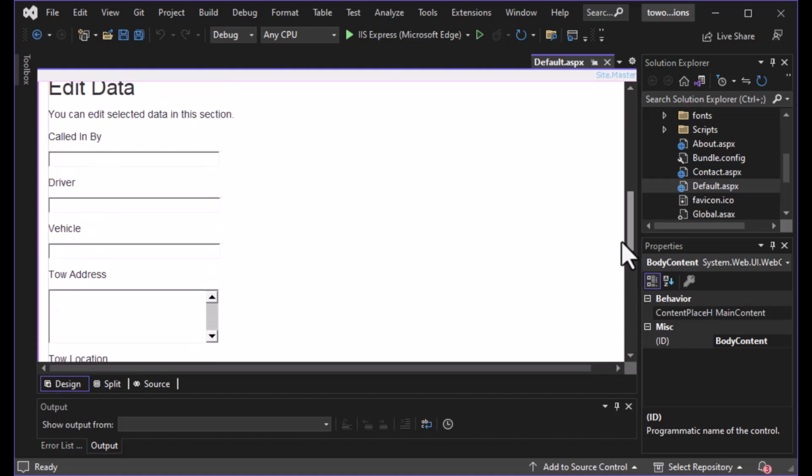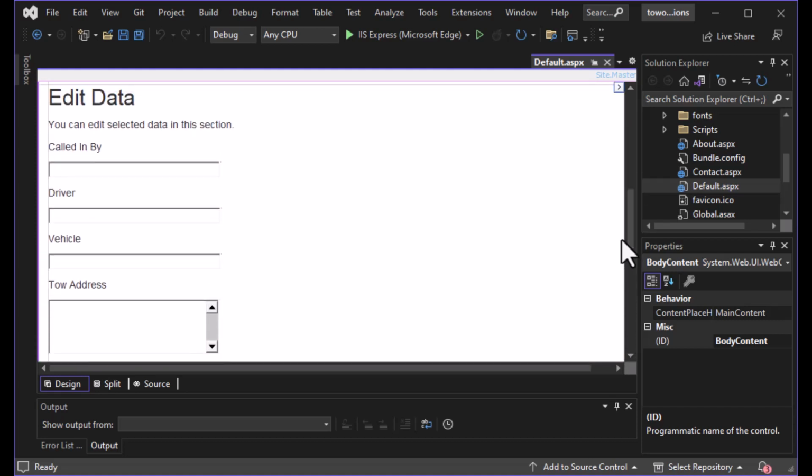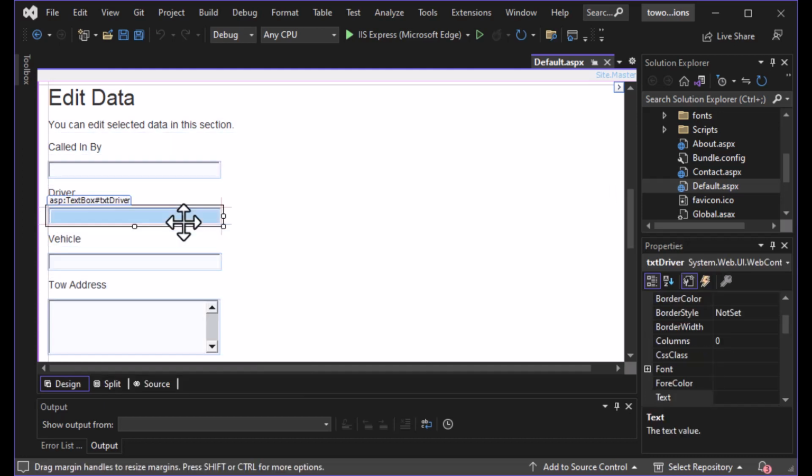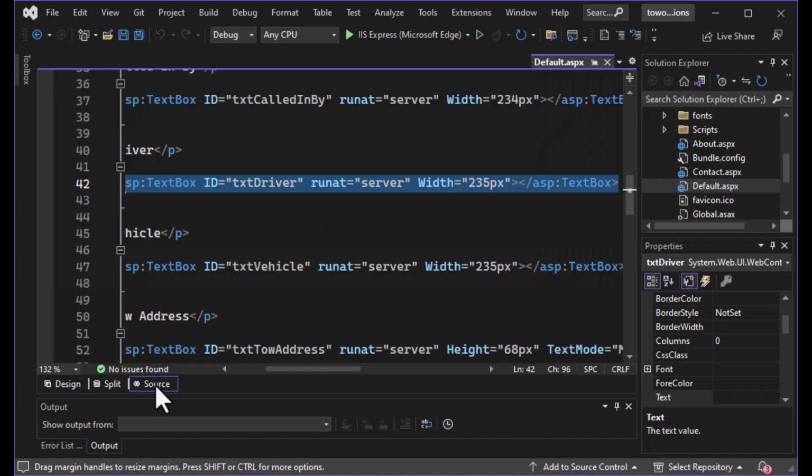And today what we're going to do is we're going to be working on that driver text box. Now we actually do not want to have a text box anymore. We want to have a drop-down list or a combo box for those of you who are Access developers. So this is a text box right now. It's called txt driver, and what we want to do is we want to change it to a combo box,